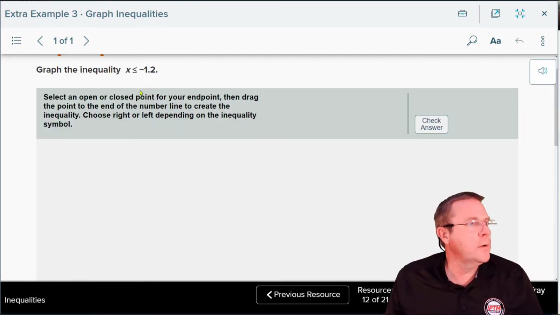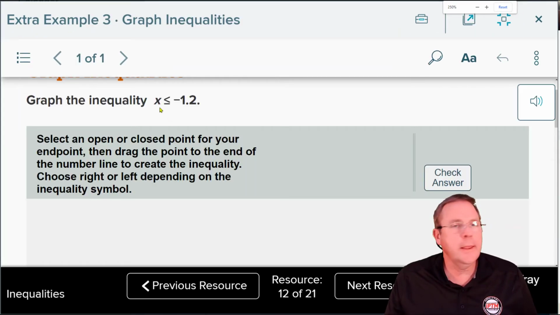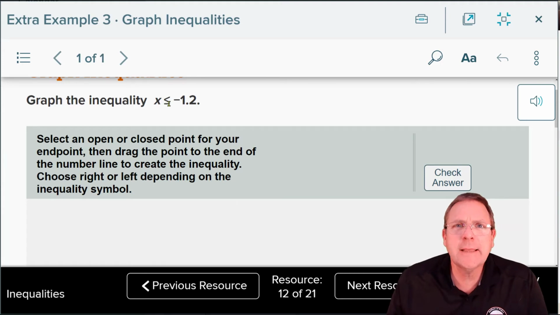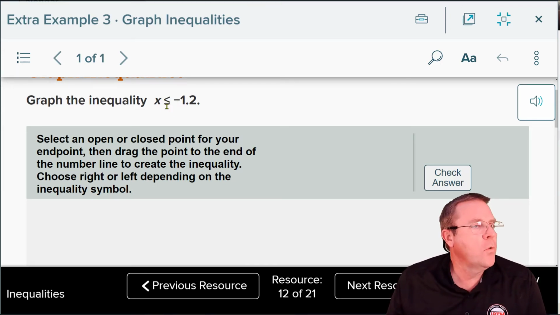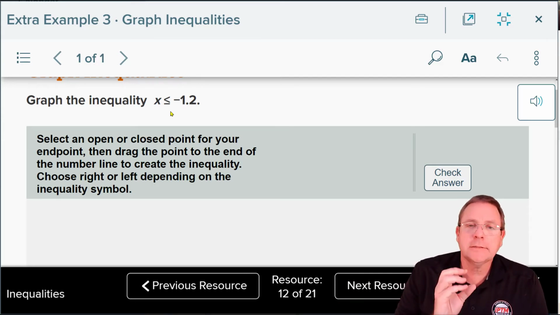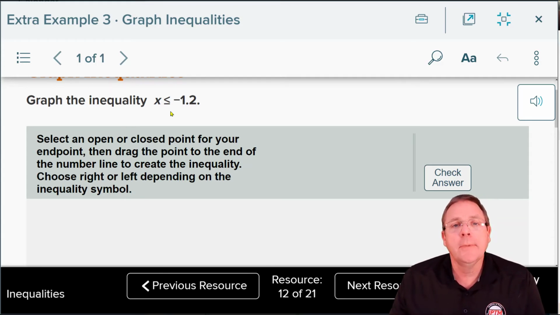Now looking at the problem, let's zoom in for a minute here. Whoa, not quite that much. Our x value is going to be less than or equal to negative 1.2. The "or equal to" says I have to use a closed circle. The fact that x is less than negative 1.2 means I have to go to the